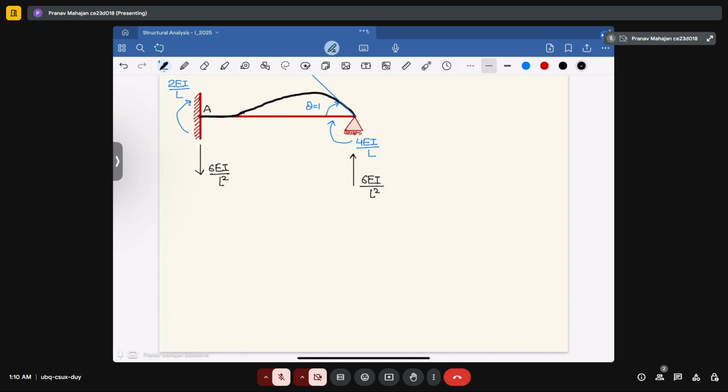Now this is your NA, this is your NB. Now your K21 will become equal to minus 6 EI upon L square, and your K22 will become equal to 4 EI upon L. Okay, so if we combine all the elements, your K matrix will be, so K is defined in terms of a 2 by 2 matrix: K11, K12, K21, K22,